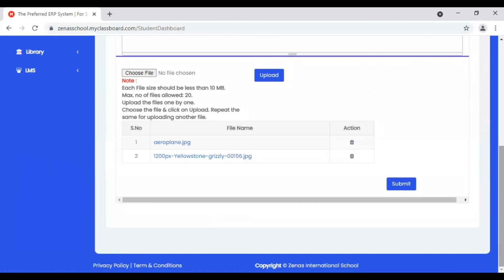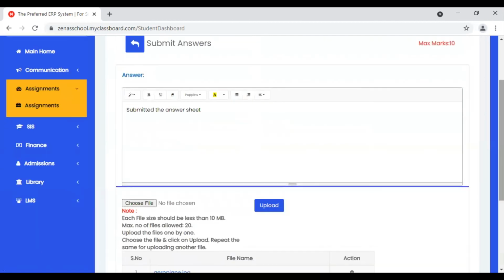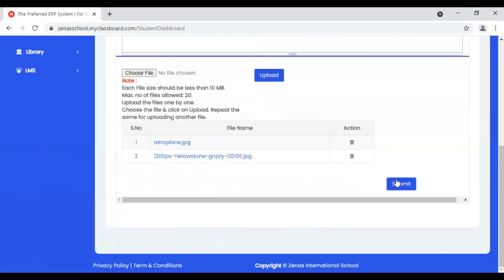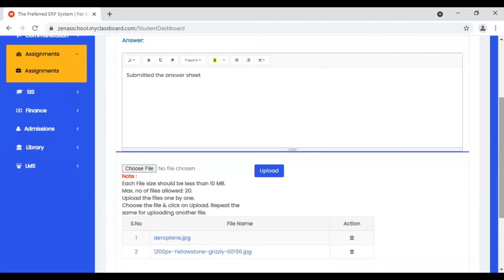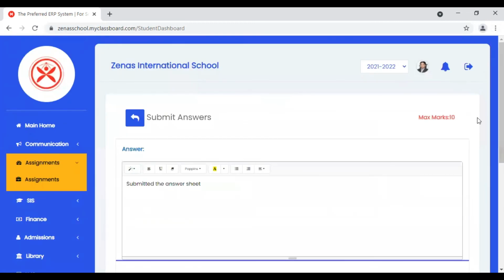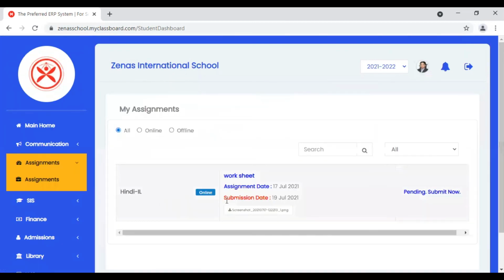Is this fine, parents and students? Once you attach your answer sheets and enter text in the text box, like the answer sheet has been submitted or the exam is completed, click on submit answers. This is what you are going to do with the assignment.